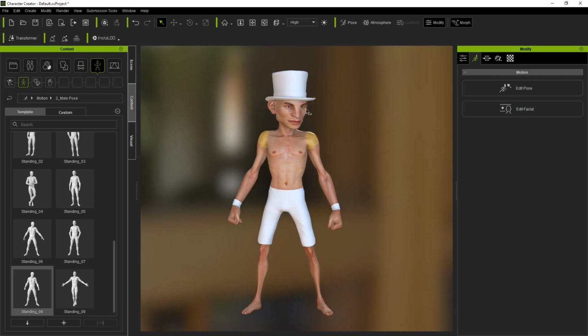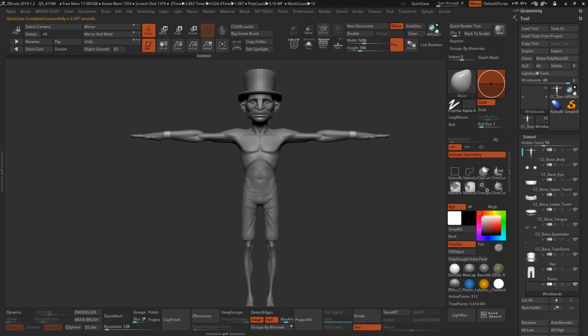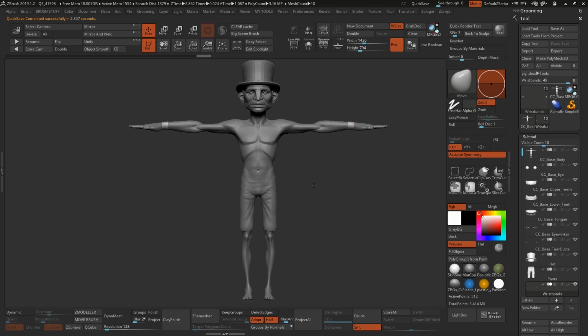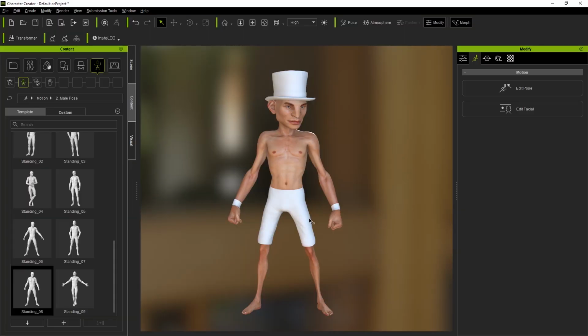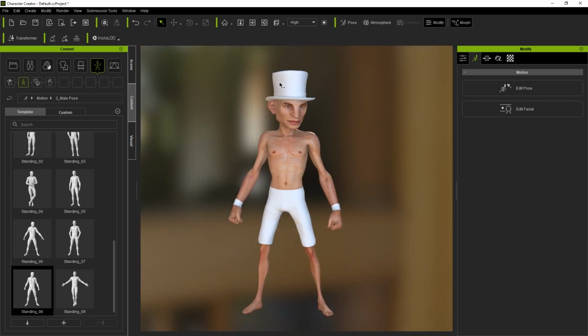What's great about this is that you can, like I said, use ZBrush as your master file, create everything with symmetry if you wanted to in a T-pose or anything like that, and then switch to Character Creator to see how those assets work and the final pose of this character. So that is in a way how you can switch between one and the other, between ZBrush and Character Creator